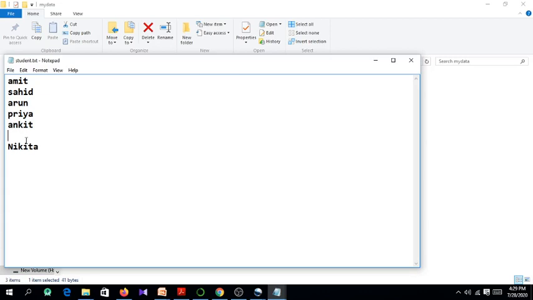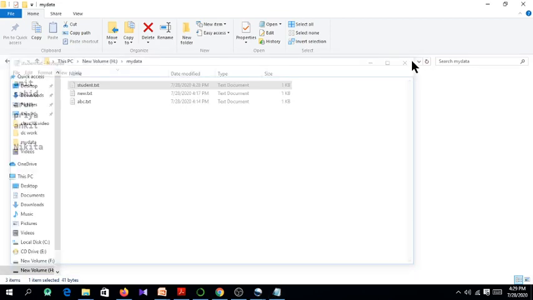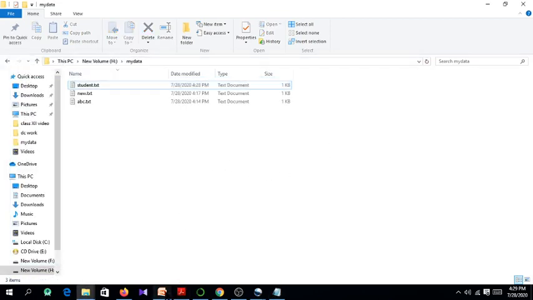So there was no need to add a newline character. In the previous program I had already added a newline character after each name. So here again I have added, that's why we are getting 2 spaces. But see, this new name is added here. We have not overwritten anything. Previous content is retained plus the new data is added. Okay, this is the benefit of using the append mode.